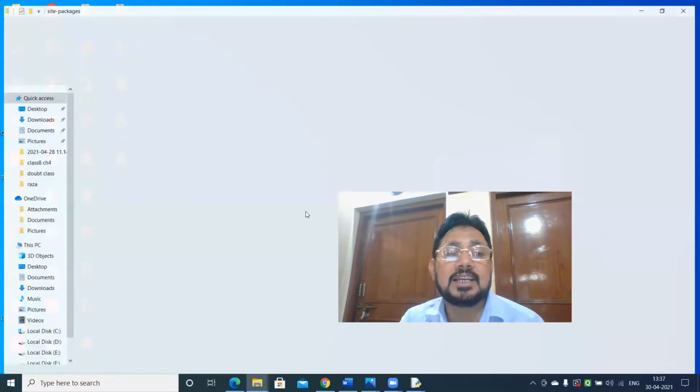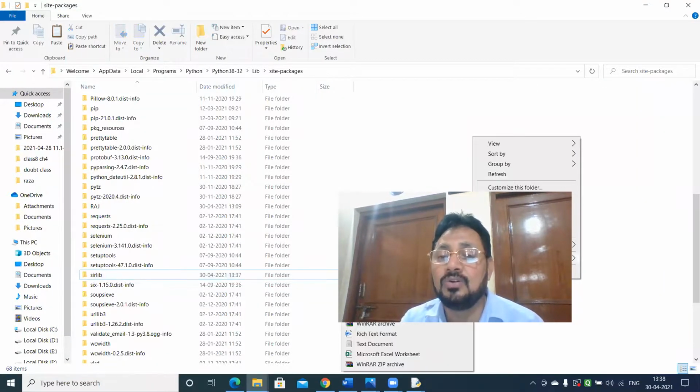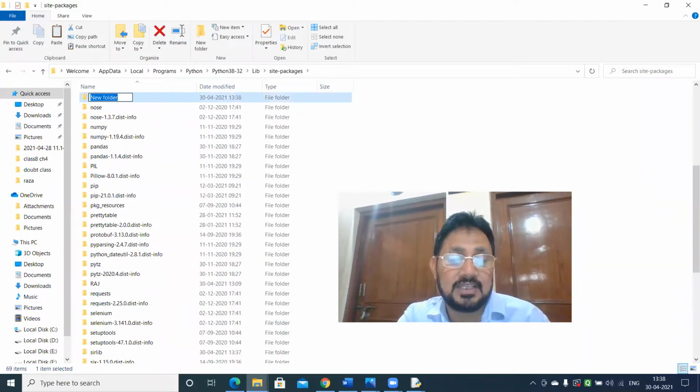As well as, the last thing I'm telling you, you can directly create a new folder inside site packages also. So here also you can make ABC, XYZ, anything. Understood?